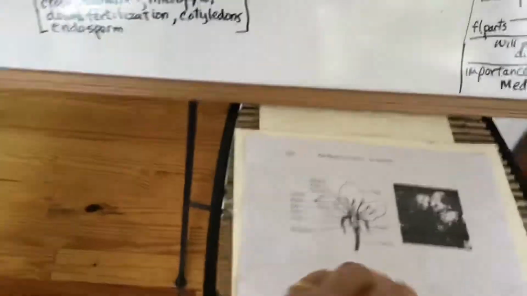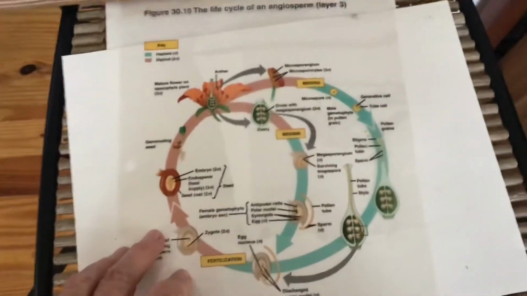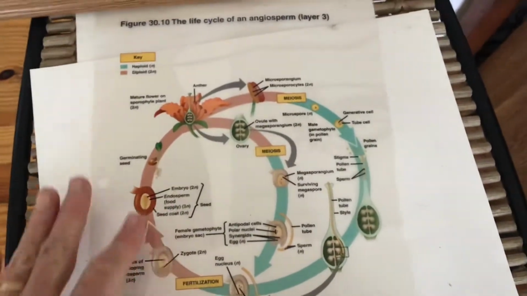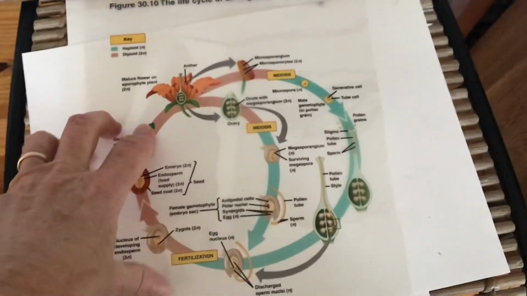All right, so we're going to talk about the angiosperm life cycle. First of all, we'll go through it generally, as in all the life cycles that we've talked about so far. In a flowering plant, the main structure of the plant is sporophytic. So the whole plant, including the